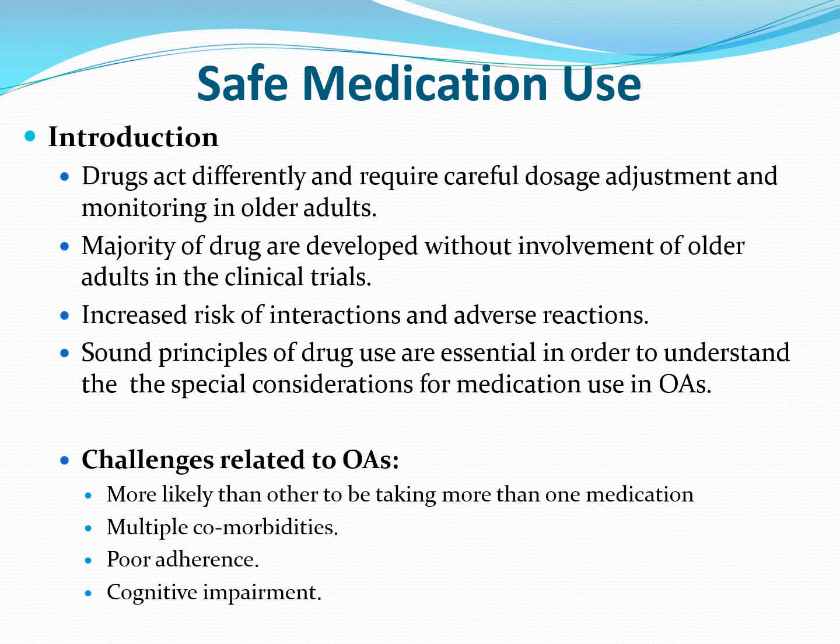Okay, there is also an increased interaction and increased risk for adverse reactions because older adults are more likely than others to be taking more than one medication. Sometimes they forget, sometimes they miss doses, and so they take them at the same time. Also, they have multiple comorbidities, by which multiple medications, and we'll talk about this again and again. There are multiple comorbidities in older adults, and also because of poor adherence and because of cognitive.